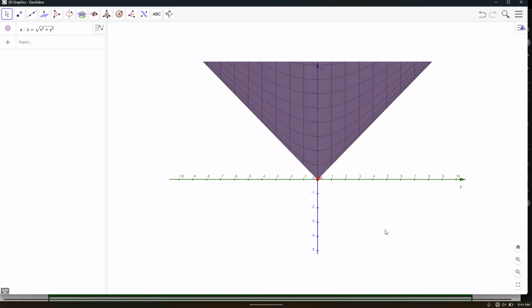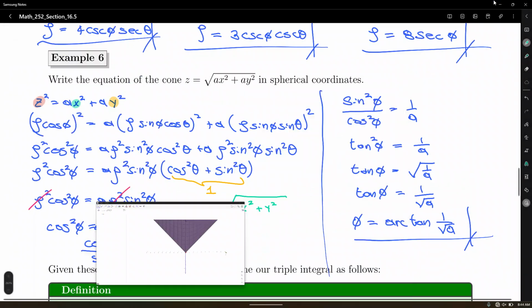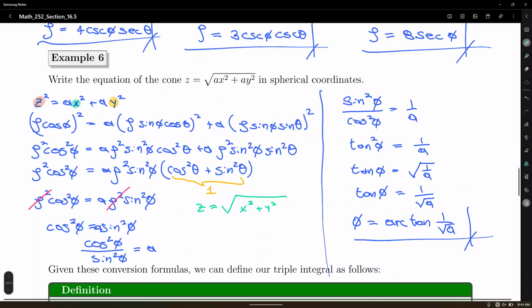Okay, with all this formulation we just did, let's make it worth it. Use it to express that cone using the polar angle, or the drop-down angle. For instance, what is a in this case? What's the number that multiplies x and y? 1, right? So in this case, a equals 1. Phi equals arctan of 1 over the square root of 1,